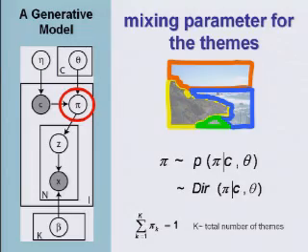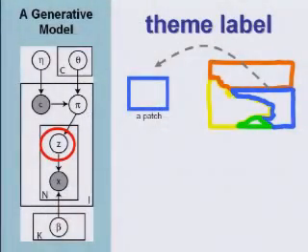And for variational inference issues, we will give a Dirichlet prior over this variable. But it's important to just know that this pi variable adds up to 1 because it's a mixing proportion. It tells you the yellow topic occupies 10%, the orange topic occupies 30%, the blue topic occupies 40%, and so on. So that's also at the image level. For each image, we get a label of scene category, and we get this mixing parameter. Now we're ready to generate the n patches that come from this image.